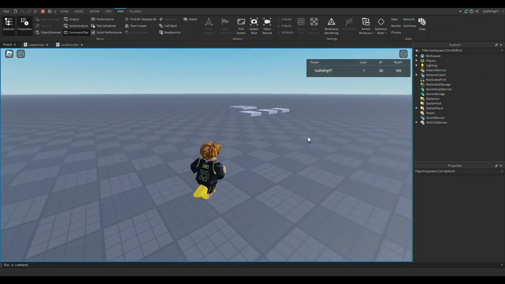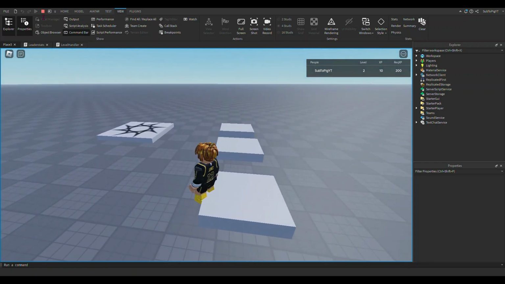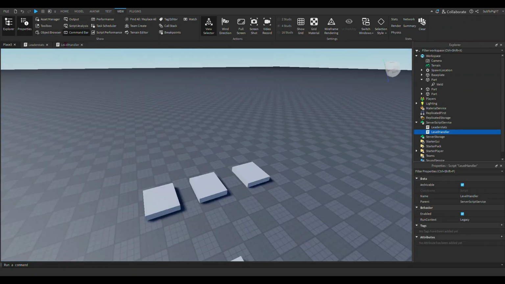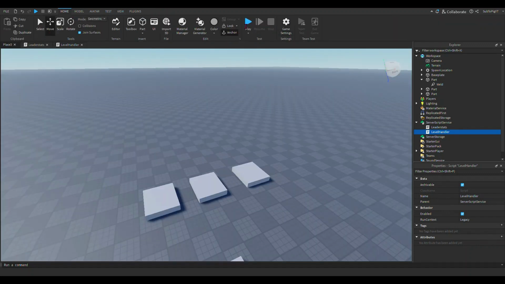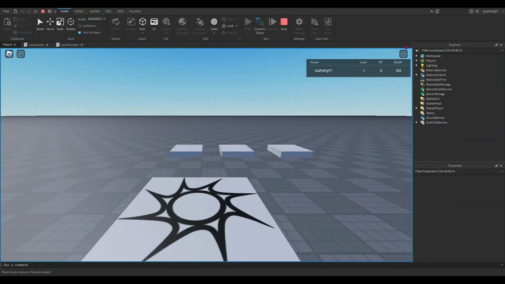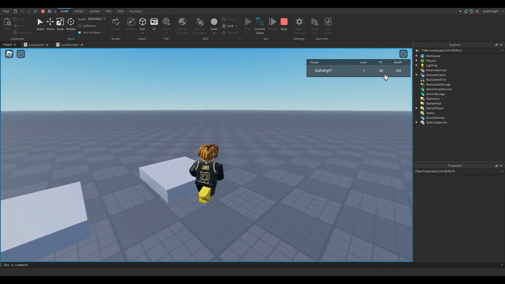Okay, and it should now be 200. Whoops. Okay, looks like there's something we did wrong. Oh, whoops. If XP.value is greater than or equal to rec XP.value, all right, that's what we're gonna do. So if the XP's value is greater than or equal to the required XP value, then you level up. So level 1 we're already going to reach, as you guys can see, because the required XP was 0 for that. Now XP is going to go up to 100,